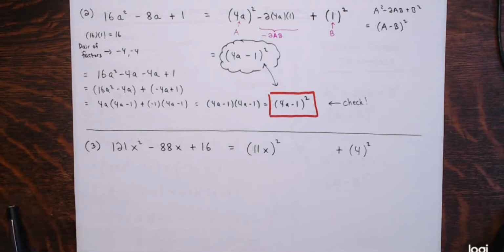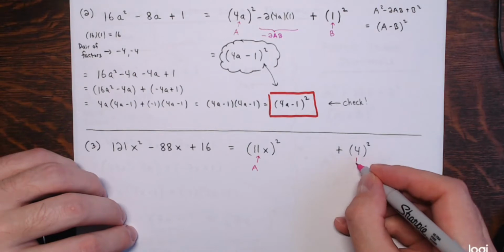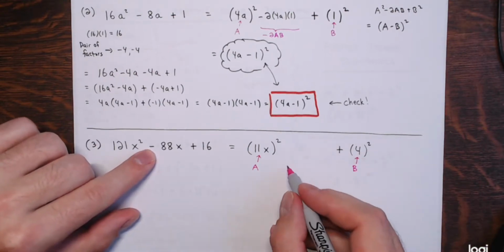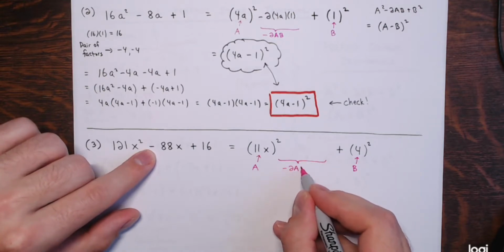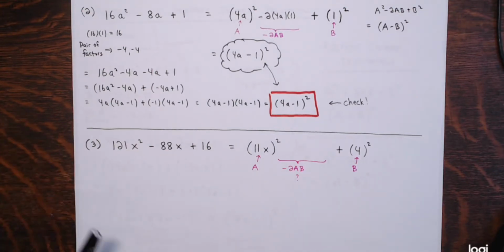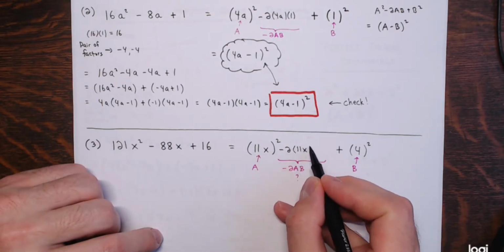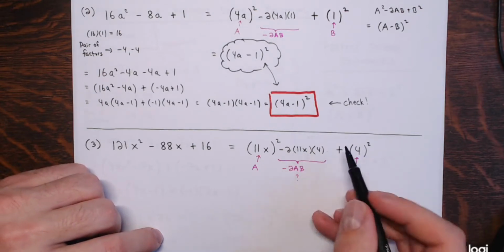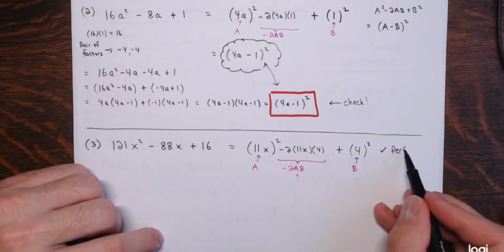All right, so again, I'll think of this 11x as the capital A, and this 4 as the capital B, and we got a minus here. So I'm trying to see, is that middle term minus 2ab? Right, question mark. Is the middle term minus 2 times a times b? Well, let's see. Let's go minus 2 times, I'm calling a 11x, times b I'm calling 4. This is negative 22x times 4. That is negative 88x. So this is a perfect square trinomial